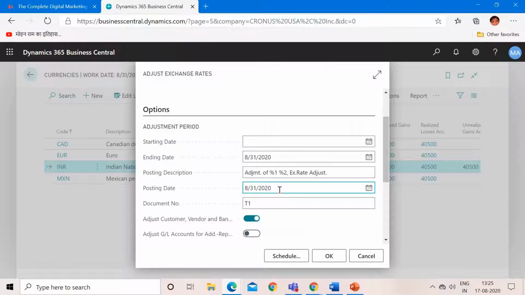Now the posting date I will keep as 31st of August, and the document number I will input here as T2. Now here I just want to set this check mark to true, that yes, I want to adjust my customer, vendor and bank. Now let's click on OK.